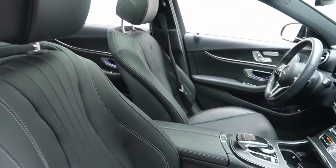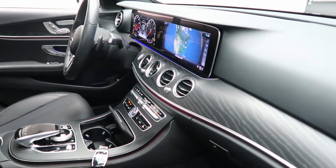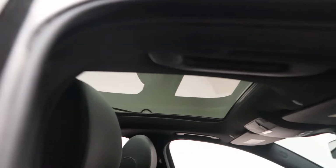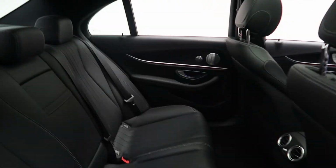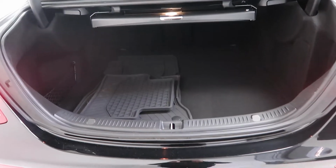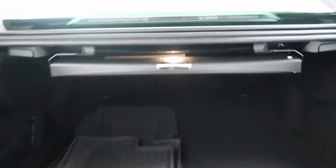Black MB-Tex interior with a natural grain black ash wood trim, ambient lighting, panorama sunroof, rear spoiler, E350 4MATIC badging, power liftgate, clean set of all-season floor mats, comfort box for extra storage,